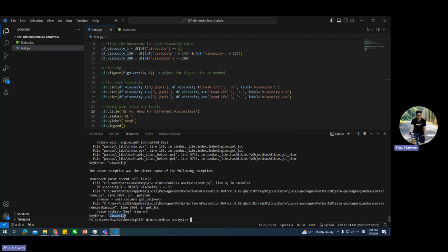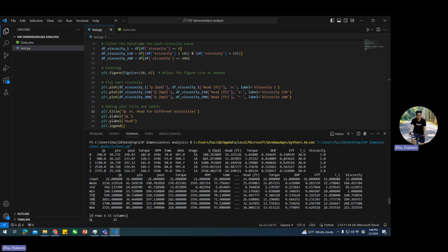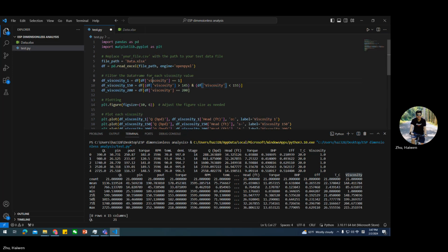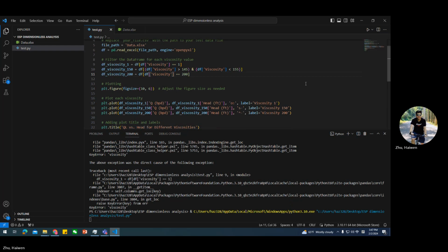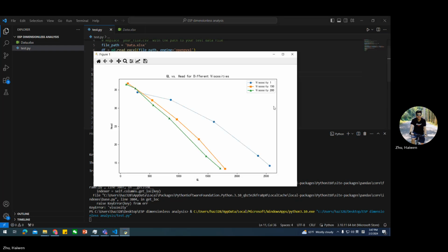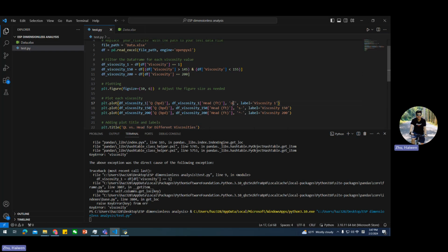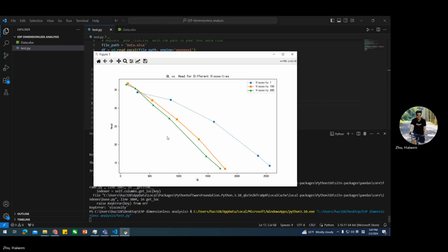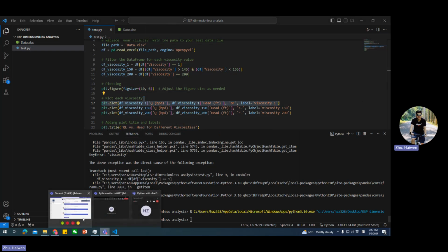Oh, so here, sorry. We have this viscosity. See, why is this line dots? Because I changed this. See, so it's very simple. And if we go back,